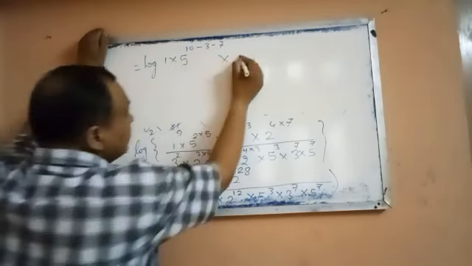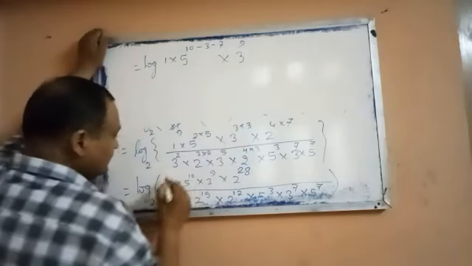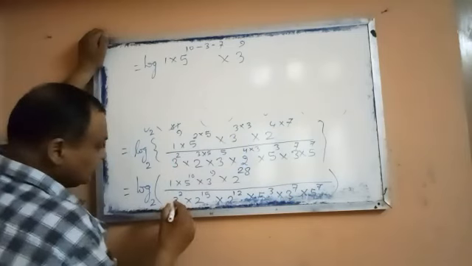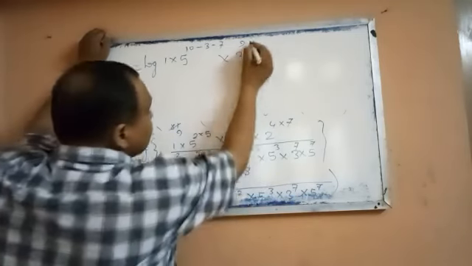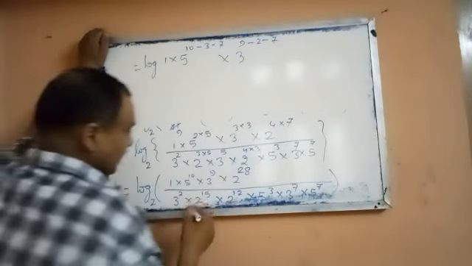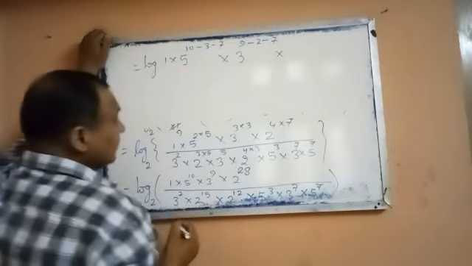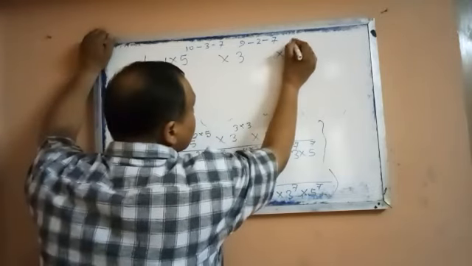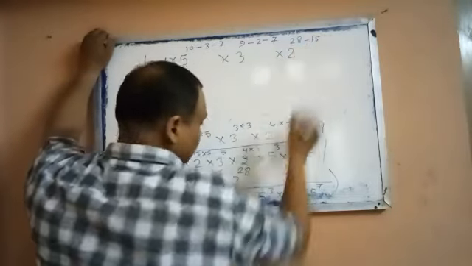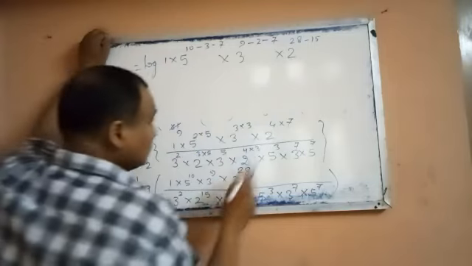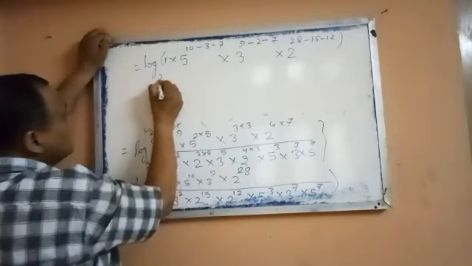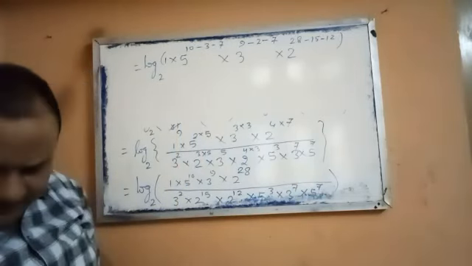Same way we'll pick up 3. So 3 to the power 9. No more 3 is here at the numerator place. Now see there at denominator place, here 3 square and 3 to the power 7. So minus 2 minus 7. Both the powers will be subtracted. Then we'll go to the 2 to the power 28 minus 15 minus 12 with respect to base 2. So this line is clear.